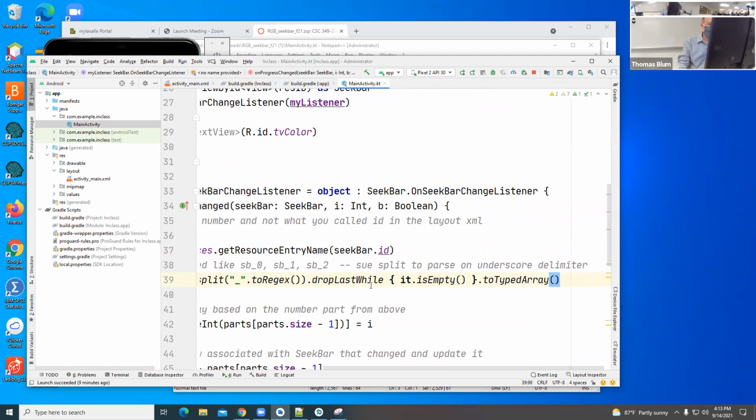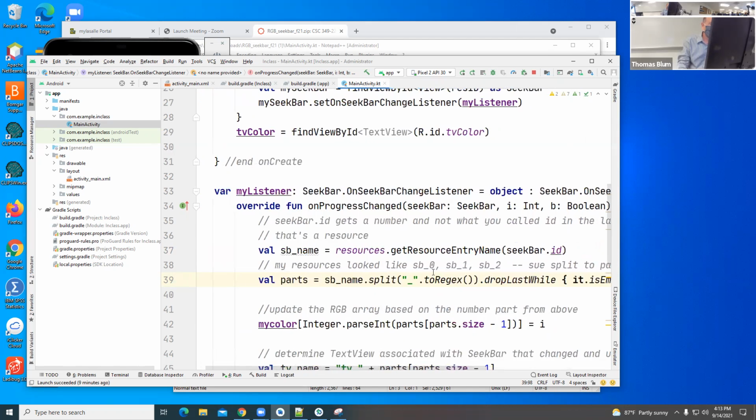And I have all sorts of crazy stuff here with my splitting, which I just probably stole from somewhere. And then here's me taking parts. So I broke SB_0, I broke it into parts. The 0 is the last part. There was some weird